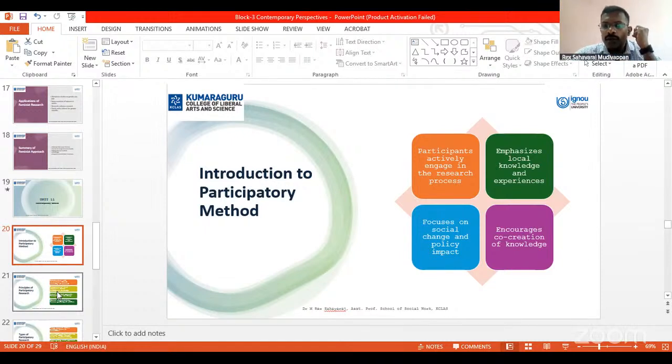So in your research, that is your study, you do that research while they are participating in the process, right? You are just collecting the data while they are participating in the process of doing it. So, making them understand, you collect data based on the knowledge they have on the